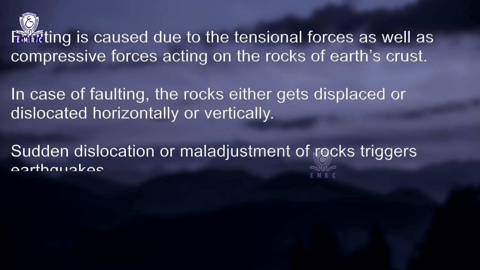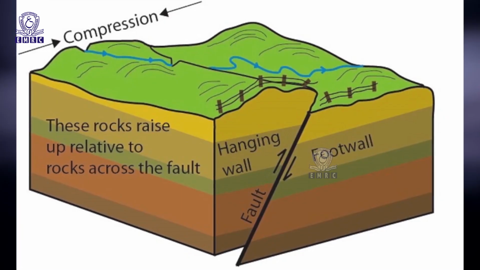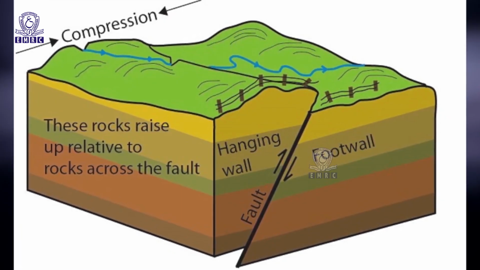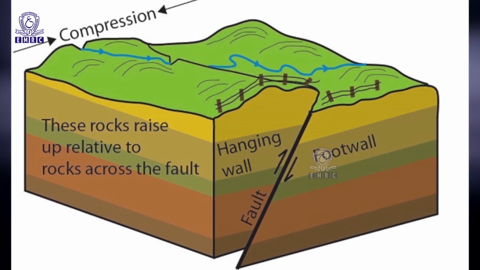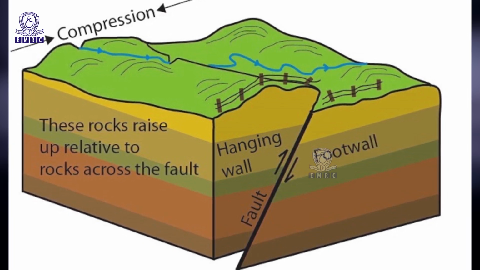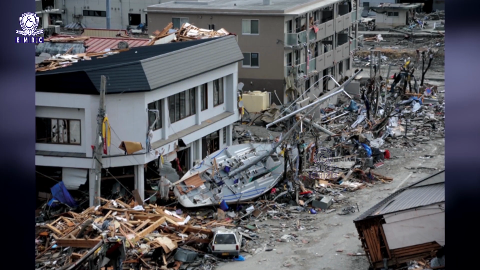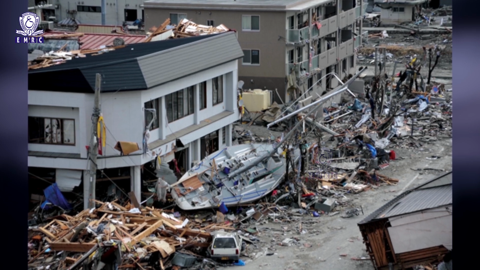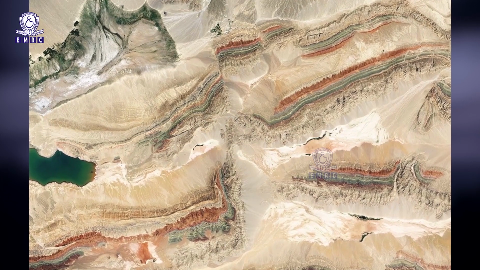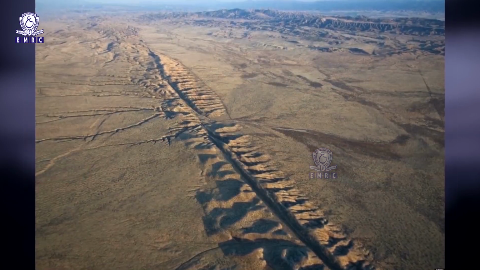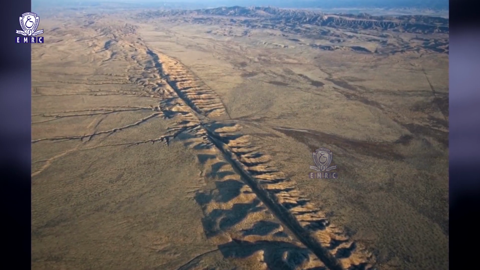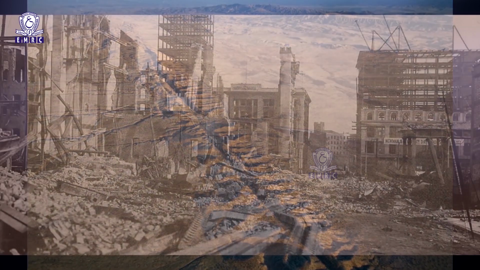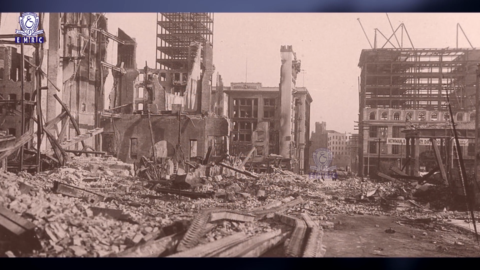Sudden dislocation or maladjustment of the rocks triggers earthquakes. The 1950 earthquake of Assam was believed to have been caused due to the dislocation of crustal rocks caused by crustal fracture. The Bhuj earthquake in Gujarat in 2001 was also caused mainly by faulting. The San Andreas Fault of California in USA is a typical example which led to earthquakes in